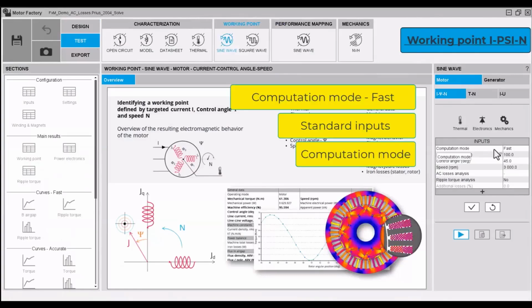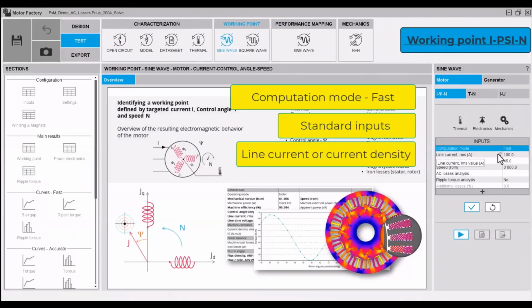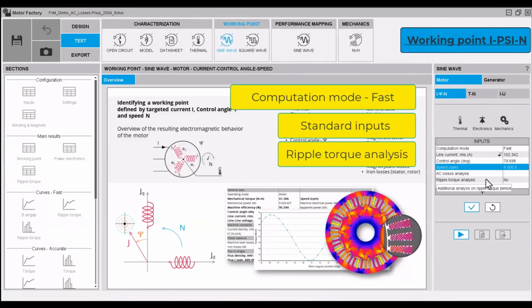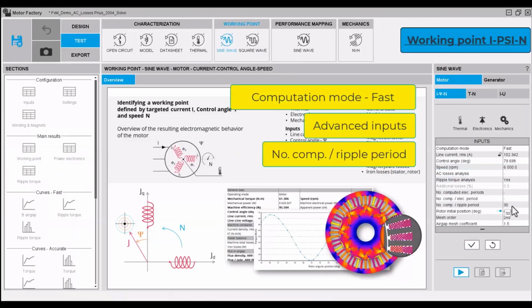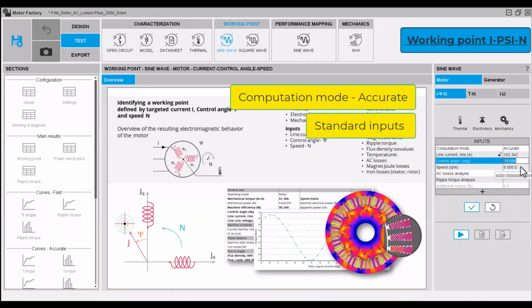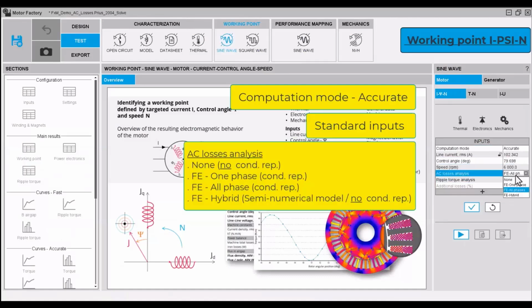We have the computation mode, fast and accurate. For the fast mode we have some standard inputs with the line current or the current density, the control angle, speed. We don't have the capability to address AC losses with the fast model, but we can do some ripple torque analysis. We have some advanced inputs with the rotor initial position to be in the D-axis with an automatic mode, the mesh order. Then we can switch to the accurate computation mode, with all the same inputs, but